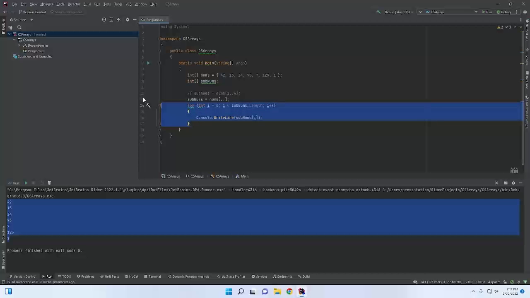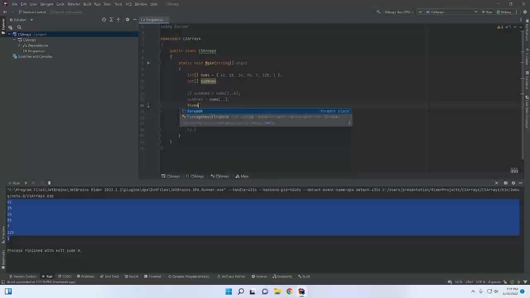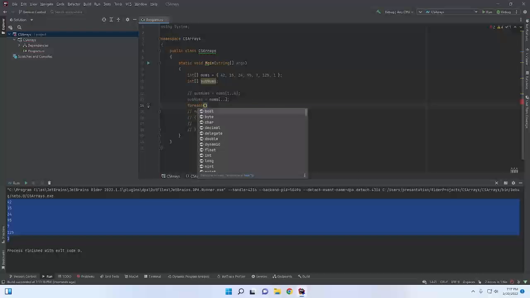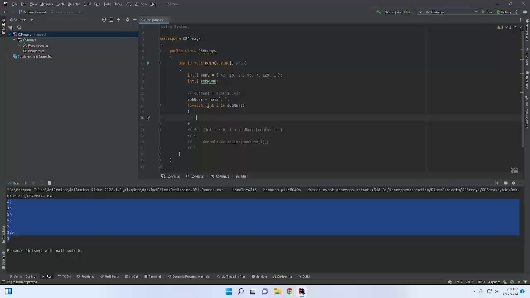So C# has something very similar to what Python has, and kind of the for with the auto range in C++, it's a foreach. So if you do foreach, you give it a type. A lot of times people put var there, but since we know that these are ints, we can go ahead and say int i, or in C++, you would put a colon there. Here you put in, and then you give it the array, subnums. And so this will go through every element in subnums, store it in i, and then you can do something with it. So we can go ahead and say,